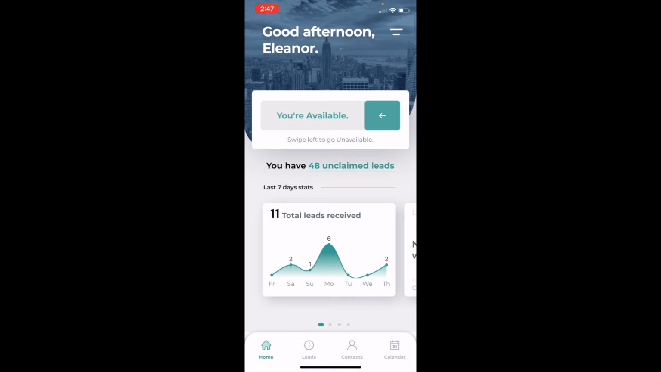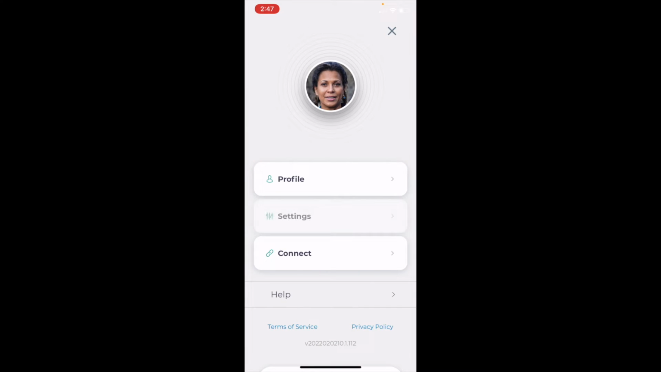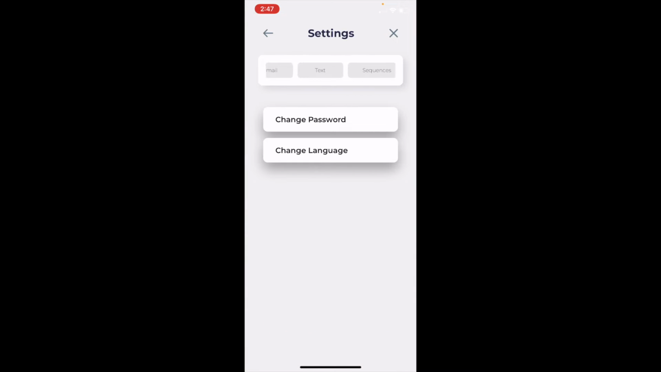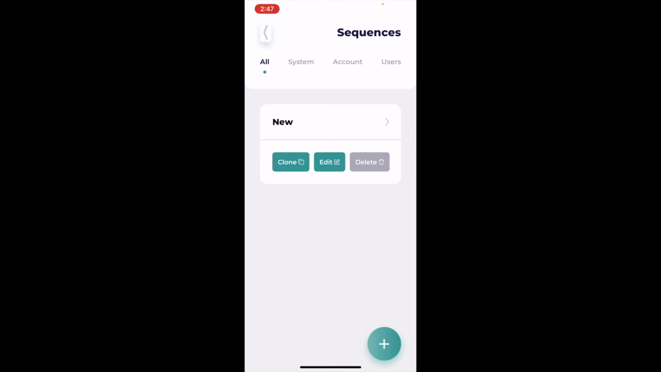Building a sequence in the Connect Now mobile app is easy. Once you've logged on to the mobile app, hit the two horizontal bars in the upper left-hand corner to open up the menu. Go into Settings and slide over and select the tab for Sequences. Once you open up the Sequences area, you'll get a list of any sequences that are available, and at the